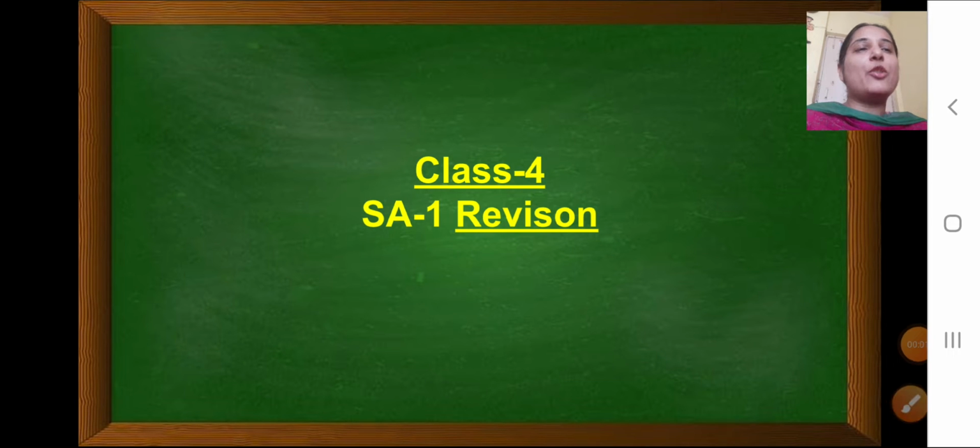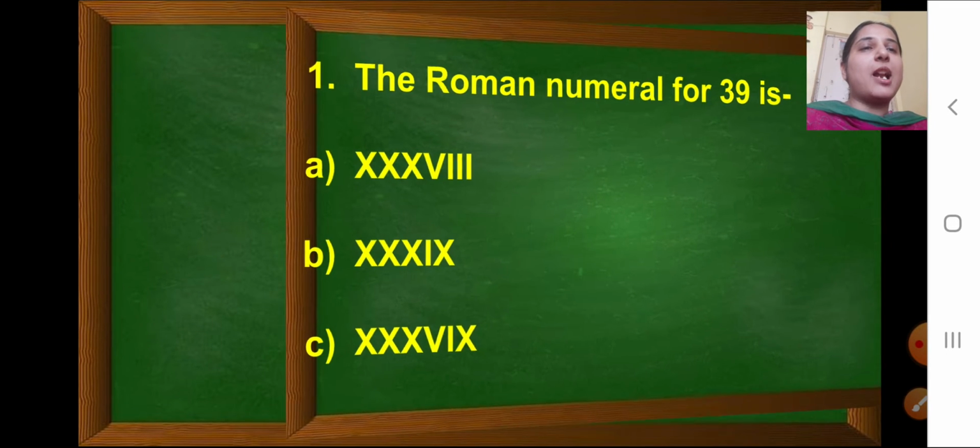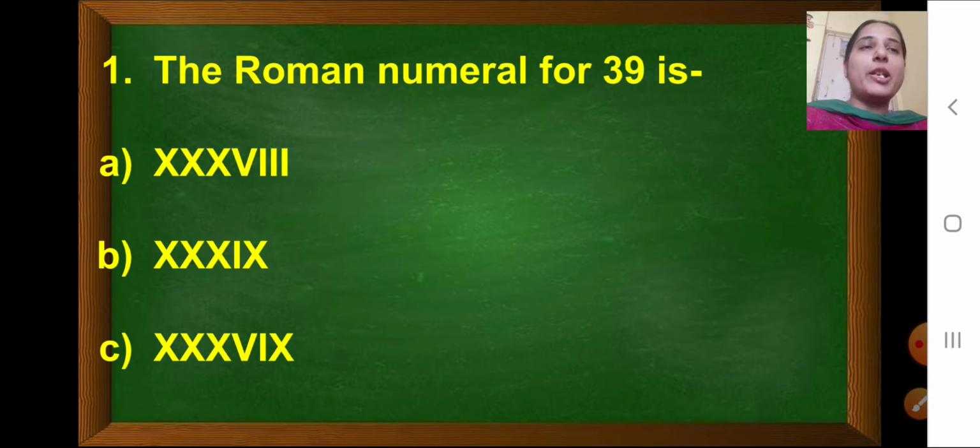So let's continue with our revision, maths revision part 3. So children, let's start with the questions. You already know children that MCQ questions, it means multiple choice questions, are going to come. It means you will be having options. If that question needs to be solved, you have to solve it in your rough notebook and then you have to just click against the correct option.